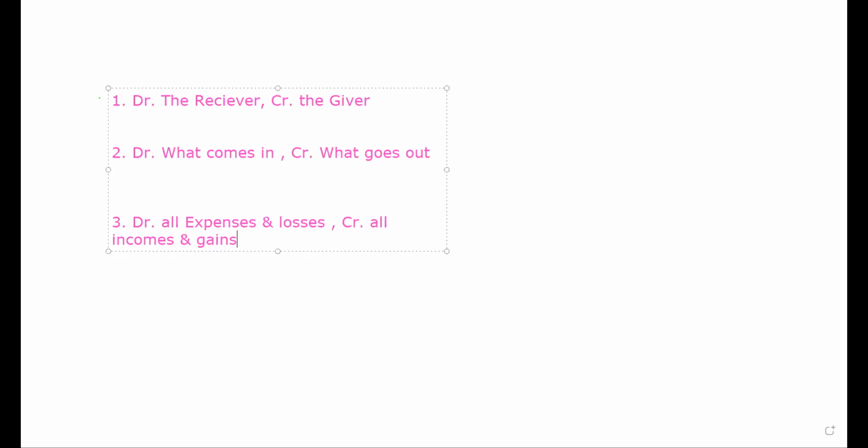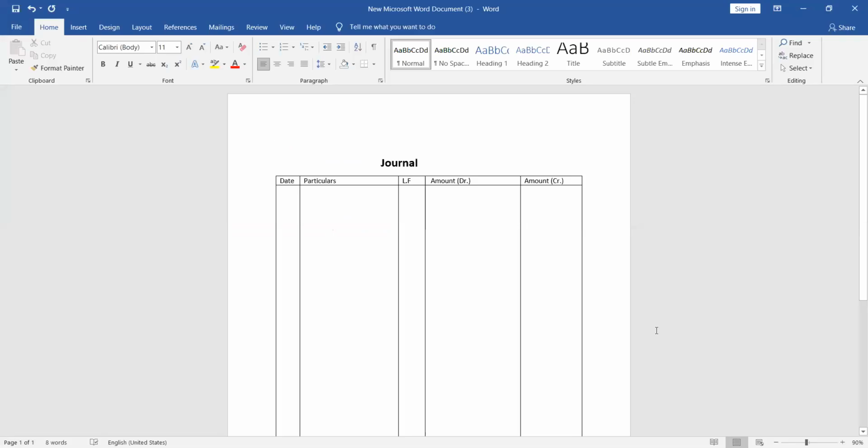Today, we will start with the business transaction and do it in the format of journal. See, here is the format of journal that I'm going to show you on the screen. The journal is to be prepared in the format like this. It's a T-shaped format that's floating on the screen, and the heading is there, journal.